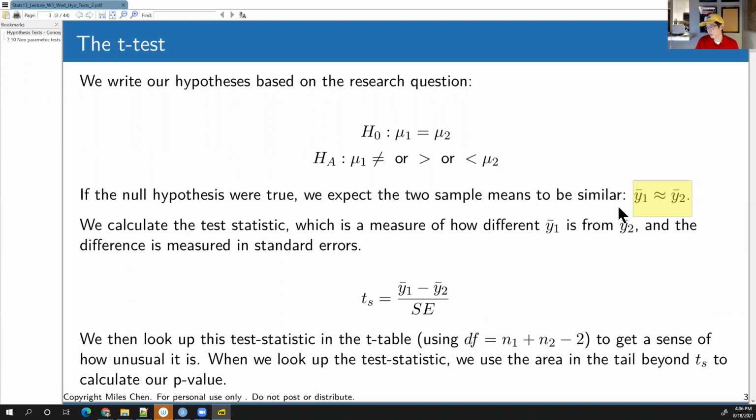And so we calculate our test statistic, which is how different is y bar 1 from y bar 2. We calculate the difference between y bar 1 and y bar 2, and we say, is that a big difference or a little difference? And that depends on how large the standard error is. Okay. And once you do that, you look that up in your t-table, and that will give you a sense of how unusual it is. Is this an extreme value? Is it something that's not all that uncommon? You find the area in the tails, and that'll give you a p-value,